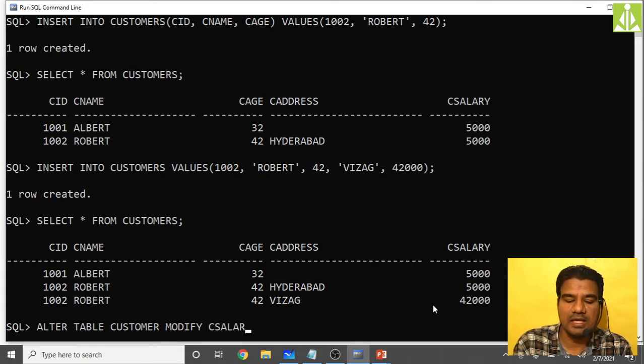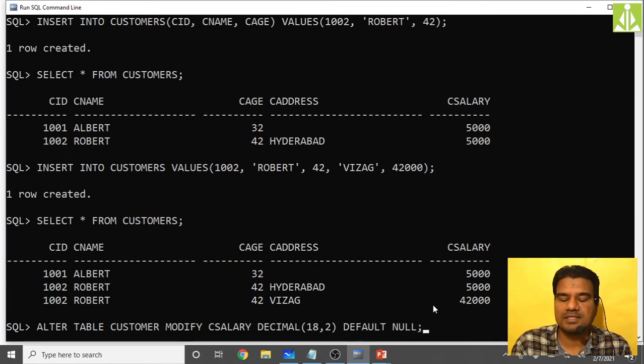C salary of int, not int, it is decimal, right? Decimal of 18 comma 2. Then default null. So now the default value we had given, 5000, will be removed.